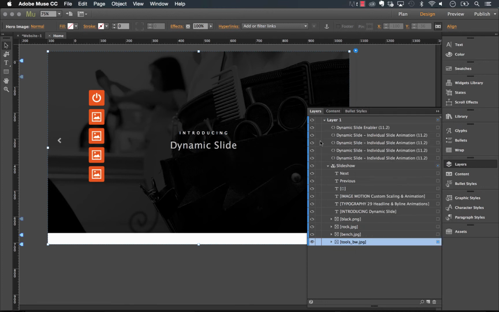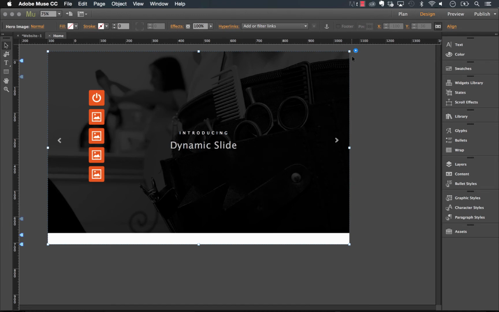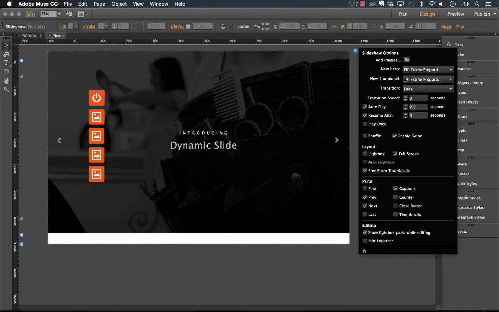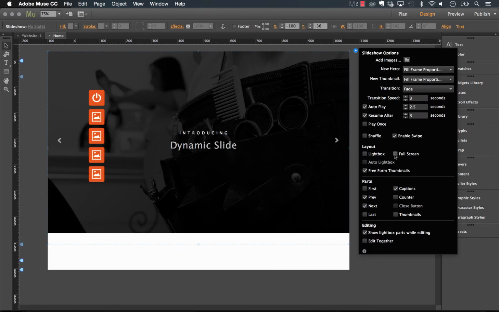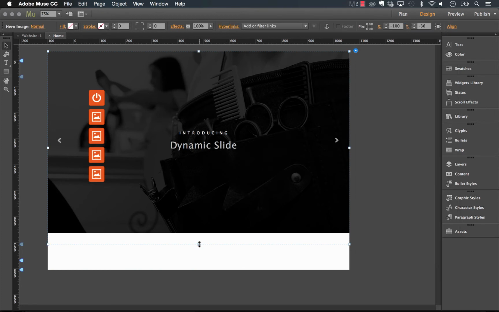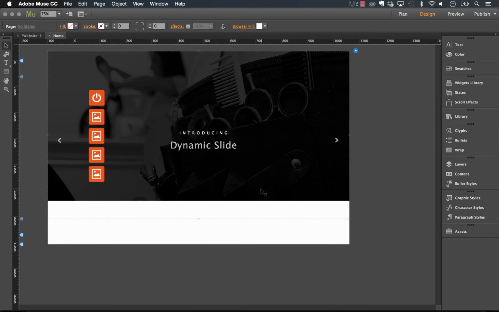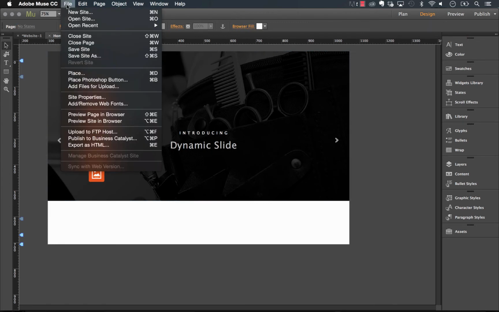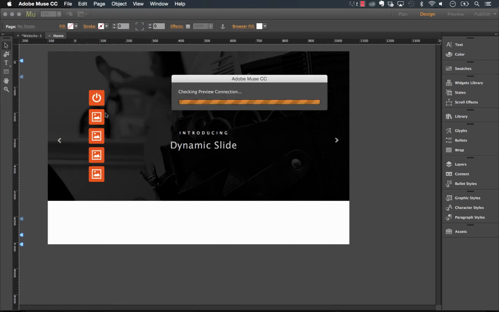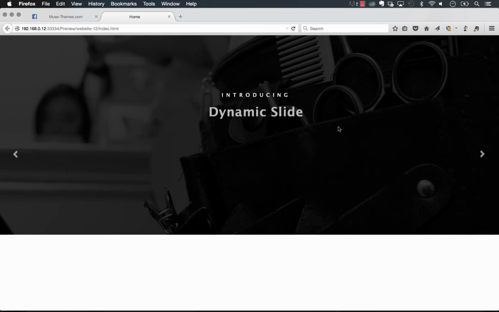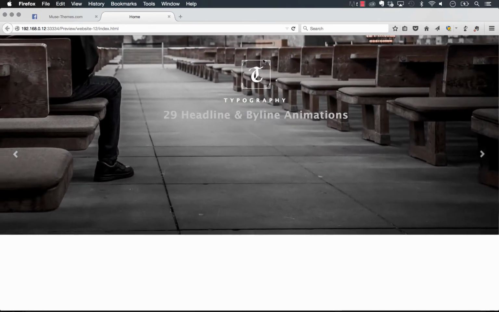One thing to point out too on this widget is right now it's set to be full screen, but we don't need to have this as a full screen slideshow. We can turn off full screen and we can adjust the slideshow height so it's a little bit more like a hero. And also let's make sure too that with the slide selected, we've selected the 100% width option in Muse so that it acts like a hero. So now rather than it taking over your full screen, if I preview this in the browser, you can use it as just kind of an animated header within your site, which is awesome.